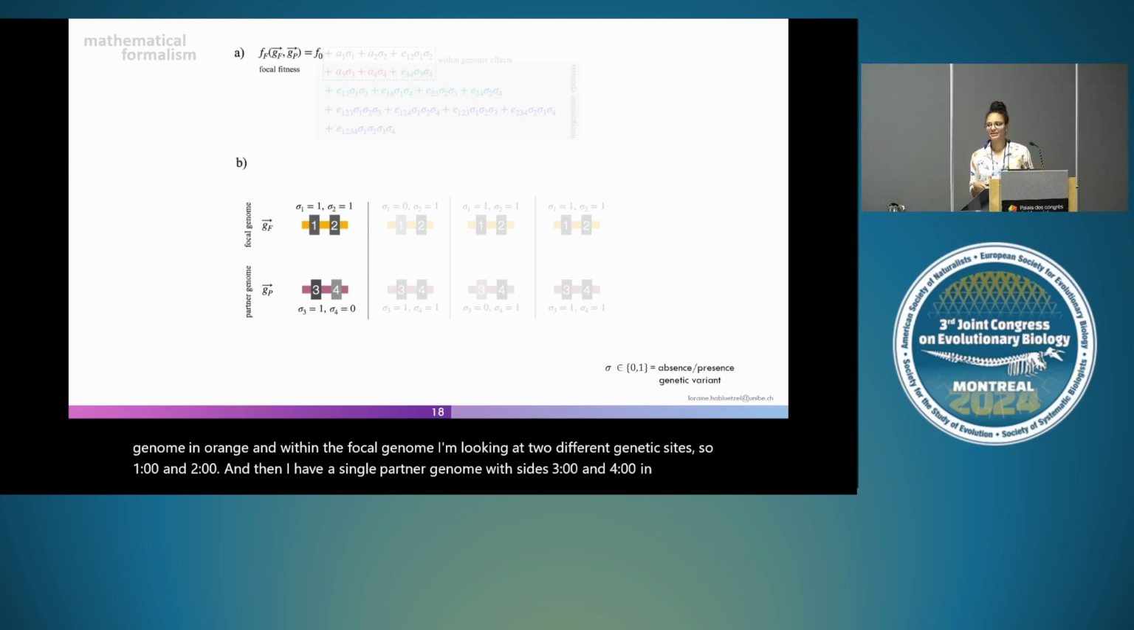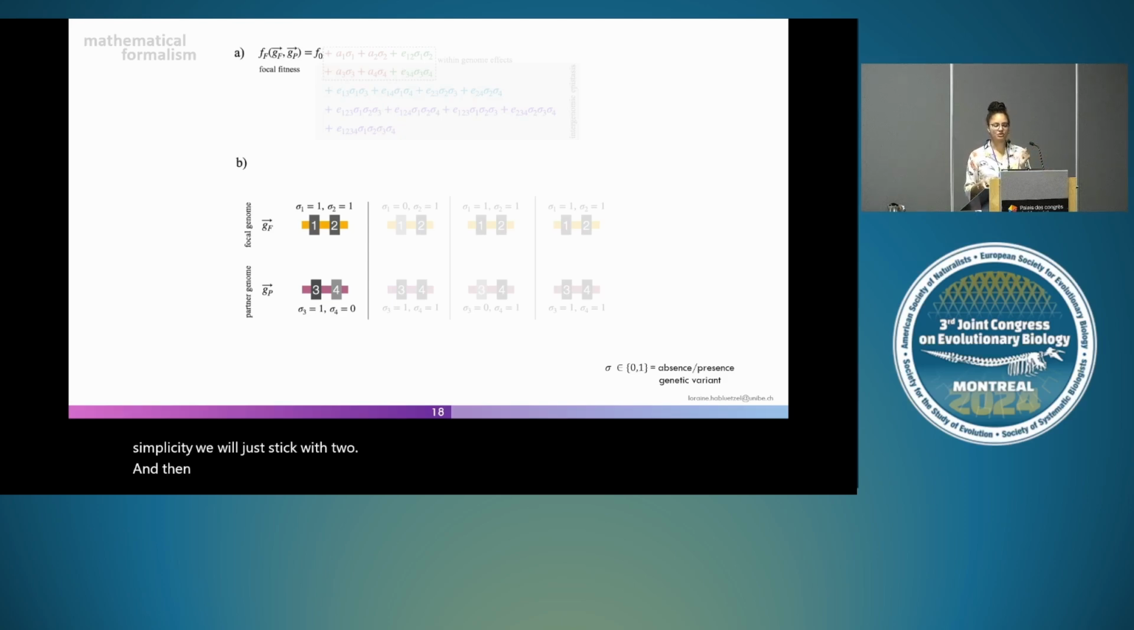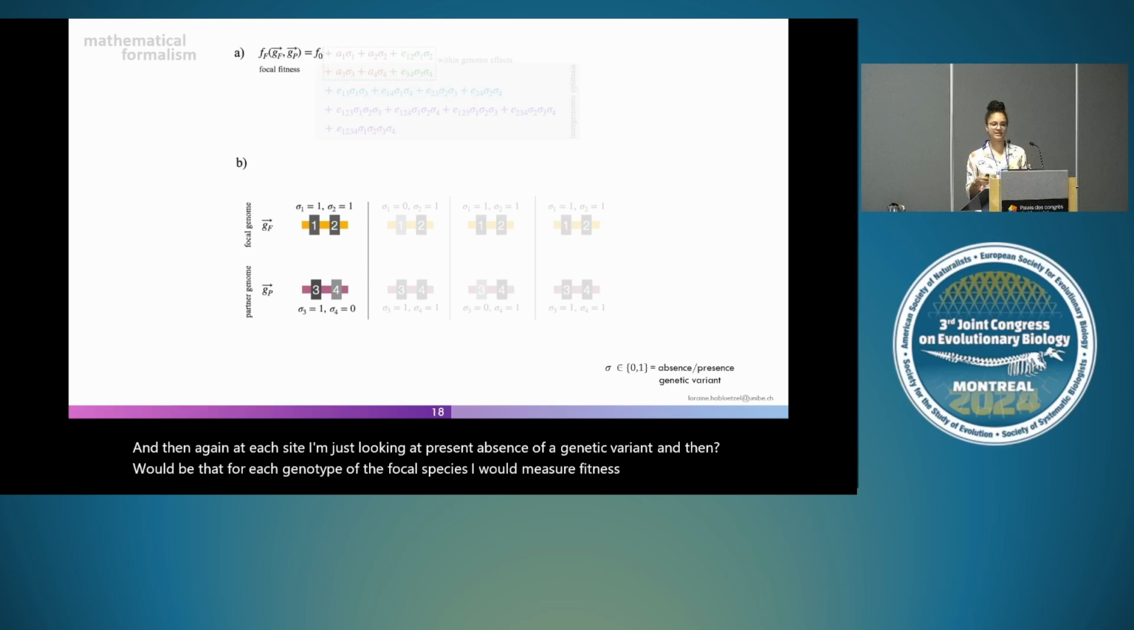And of course, we could extend this to many more species and many more sites, but for simplicity, we will just stick with 2. And then again, at each site, I'm just looking at presence or absence of a genetic variant. And the idea would be that for each genotype of the focal species, I would measure fitness. So focal fitness would be a function of my focal genotype and then the partner